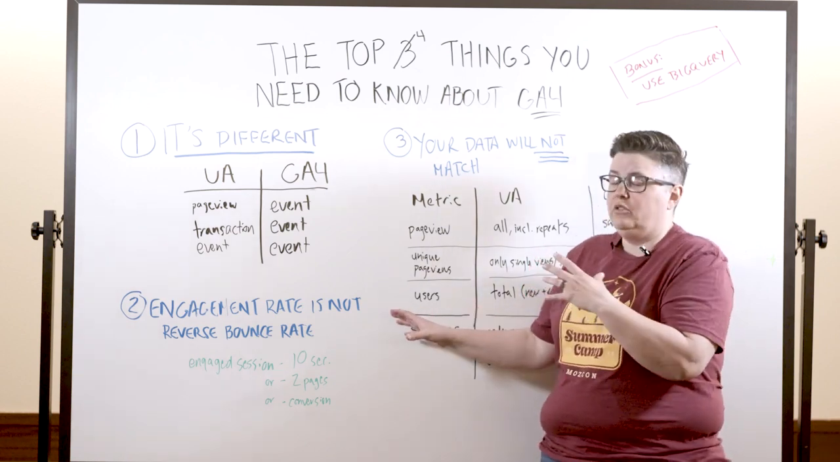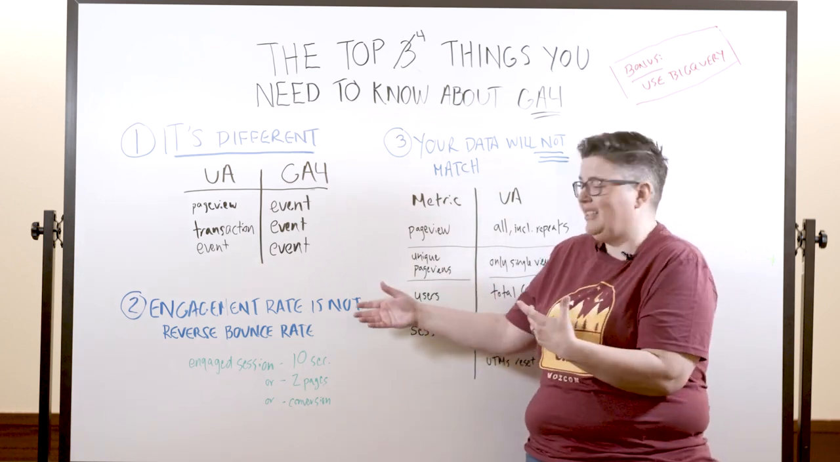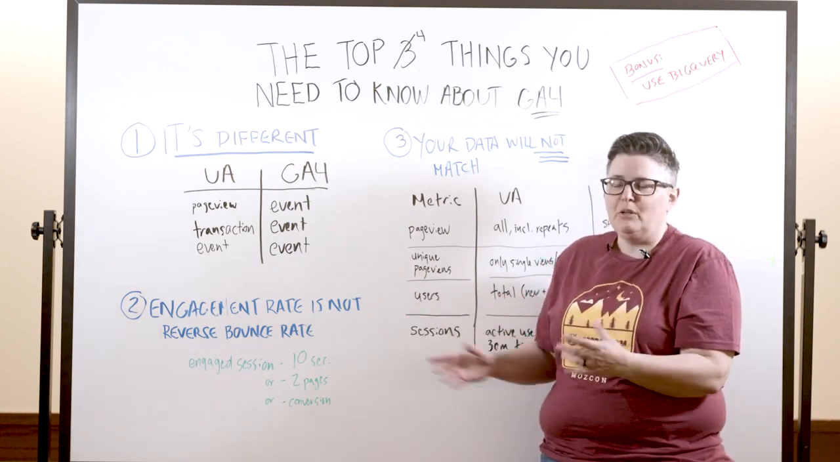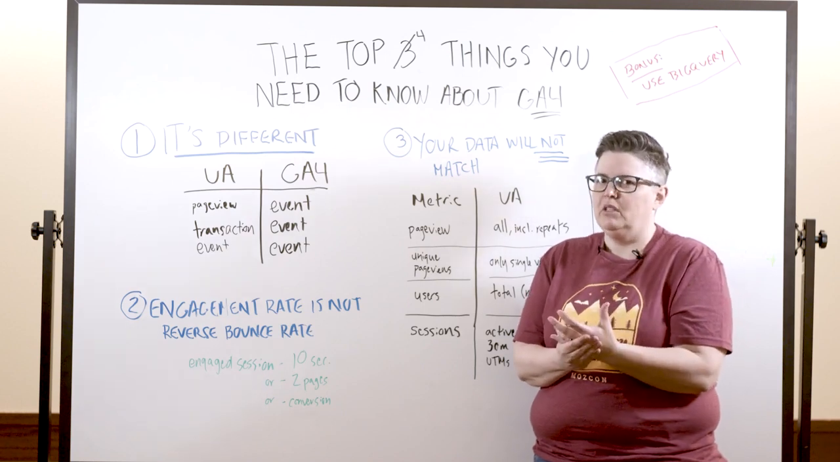Now, GA4, literally just as I'm filming this, has announced bounce rate, which is, actually it is reverse engagement rate. Please don't use it. Instead, think about engagement rate, which I think is a much more usable metric than bounce rate was in UA, and I'm kind of excited that bounce rate in UA is going away because it was,